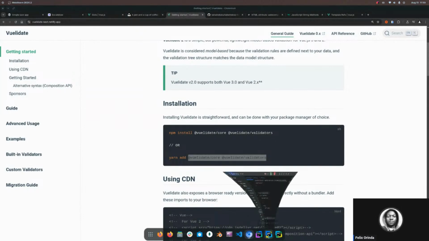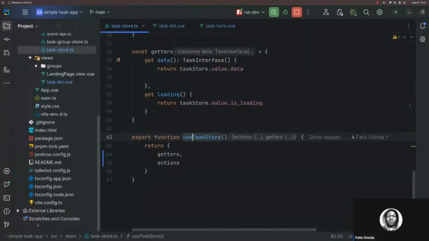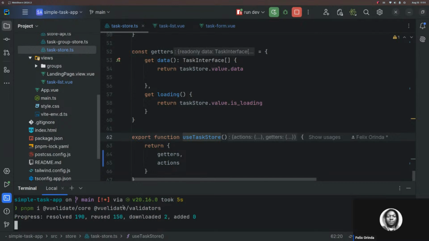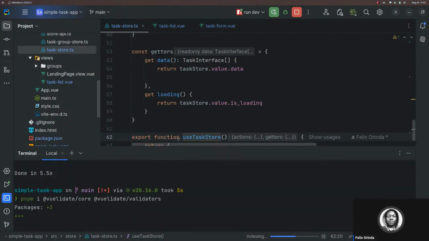So come back here. Then you can install it using this. So once that is done,